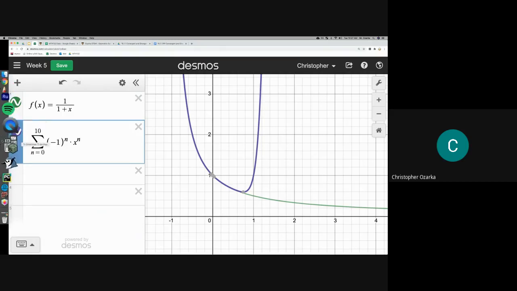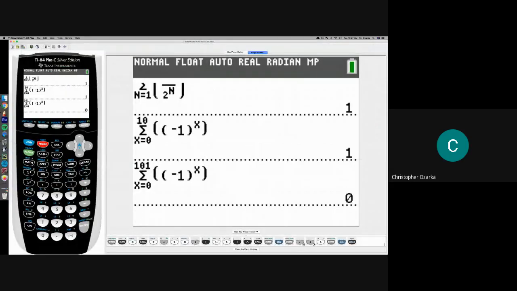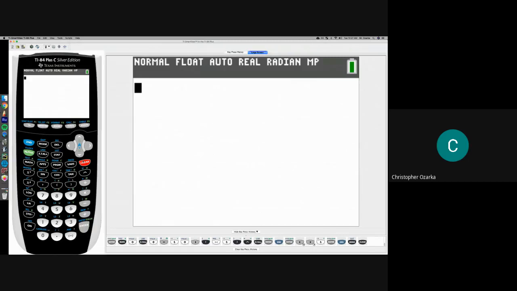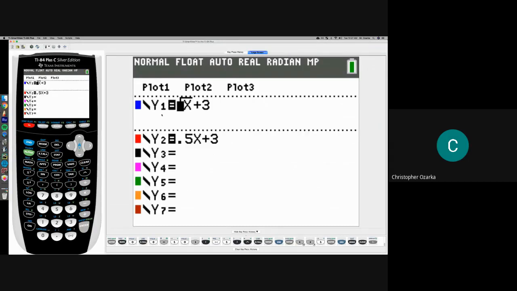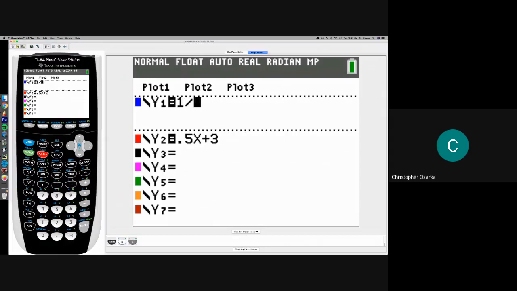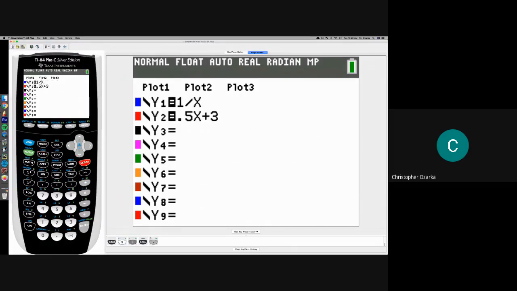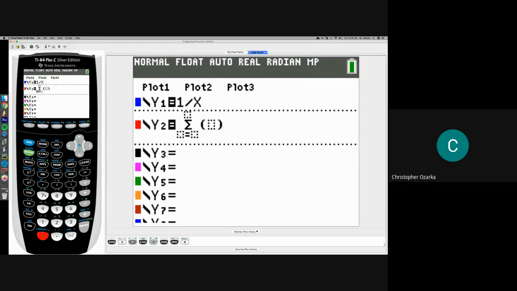Okay, so let's go to our calculator. Let's clear this out here. All right, so what you can do is we graphed 1 over x. All right, and then we want to do math 0. Actually, we have to do n now because we need the x in the equation. So 0 to, let's just say 10. I don't know actually how long this is going to take for this one. And we're going to do 1 minus,